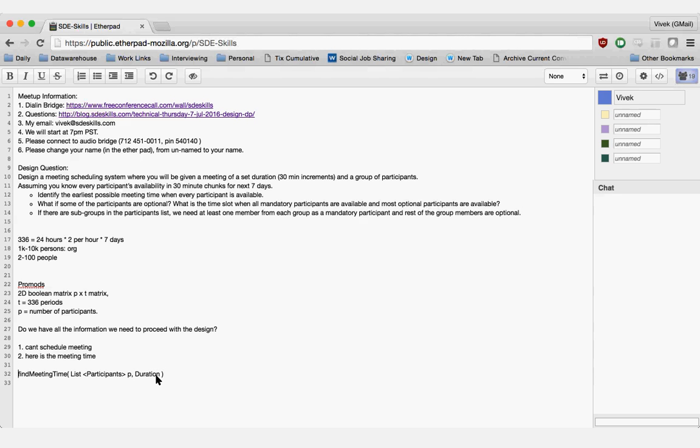And what would you return? I will be returning basically a number from 1 to 336. And how will you return empty? Minus 1. If I can't find something, I'll just say minus 1. Not a good answer for a design question, but go on.